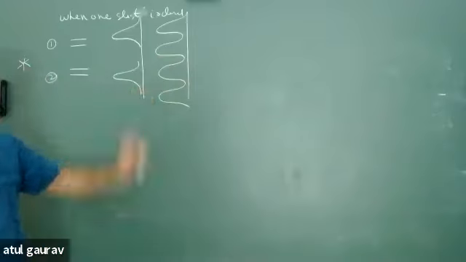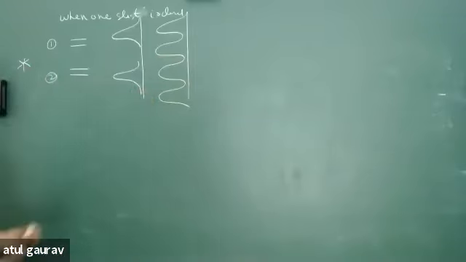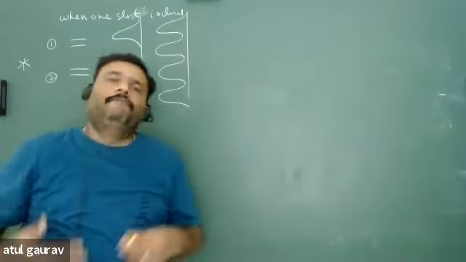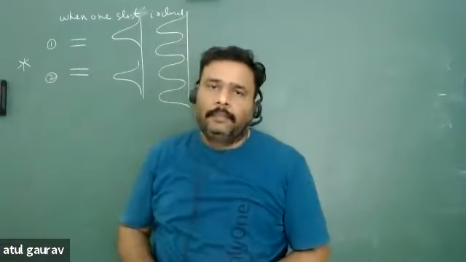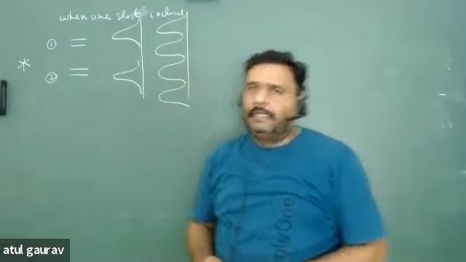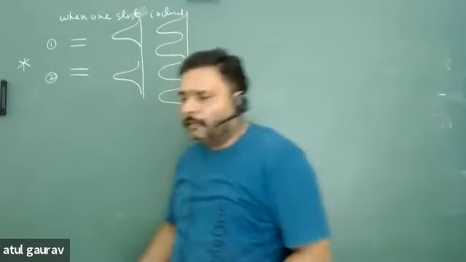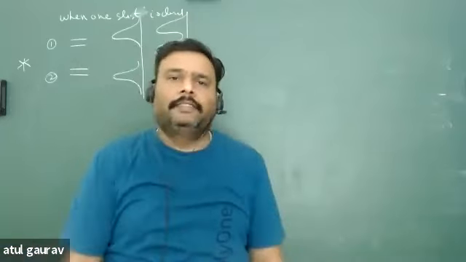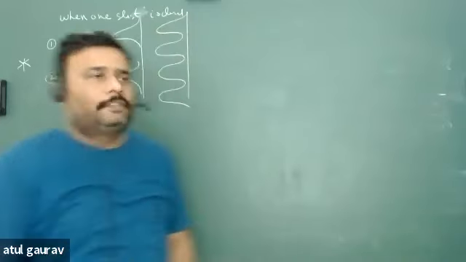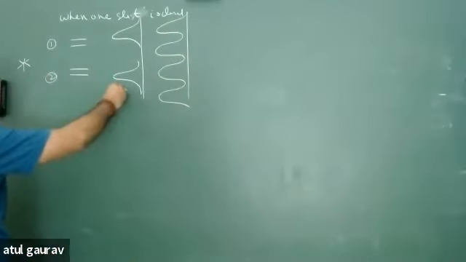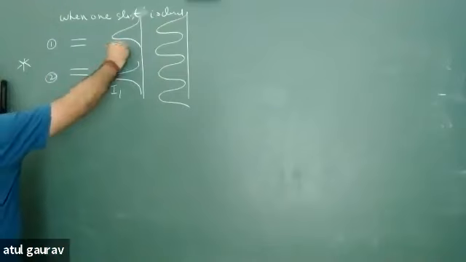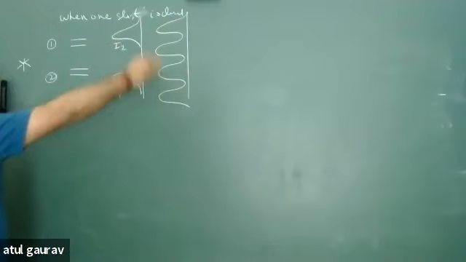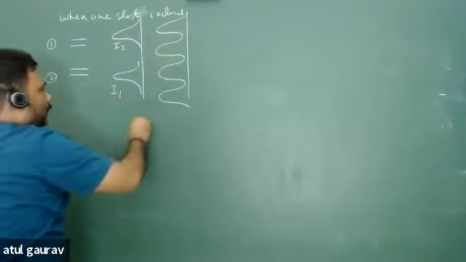So this yellow color I am using is for when both slits are open. Obviously, this experiment is well defined by Thomas Young, I think, and he just says that don't worry, these are nothing but the interference pattern due to two coherent lights, and we have this kind of situation. And obviously, if one slit has intensity I1 and the other has intensity I2, but when both are open, then I is equal